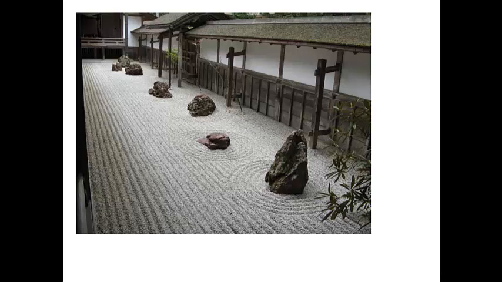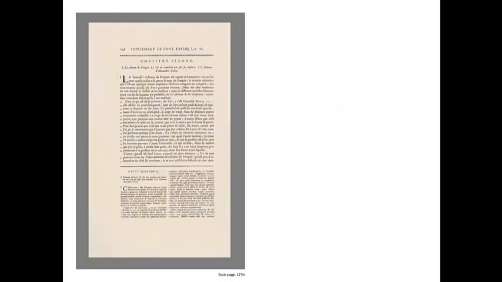It's how the lines are moving through the garden that gives this thing its beauty and its appeal and its aesthetic quality. So when I look at a well-typeset page, I get the same kind of feeling I get when I look at a well-designed Zen garden. This page here is from 1724. It's written in French. I don't know what the content is, but we look at this, the margins, the white space, use of horizontal lines, and how the